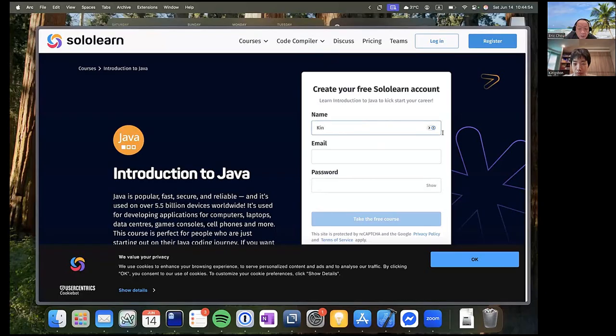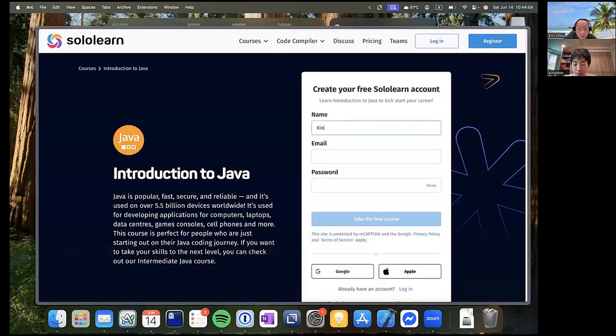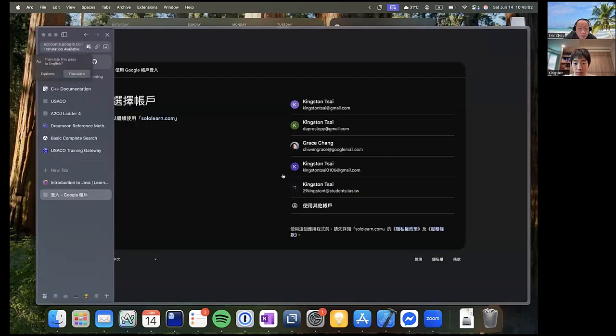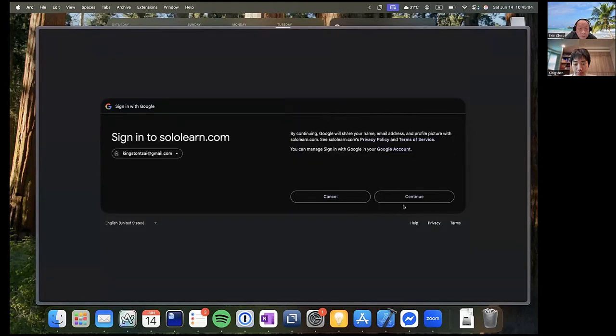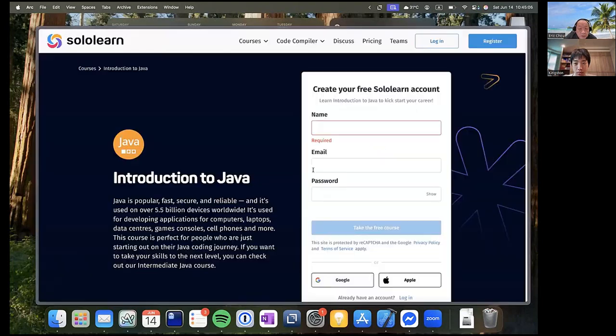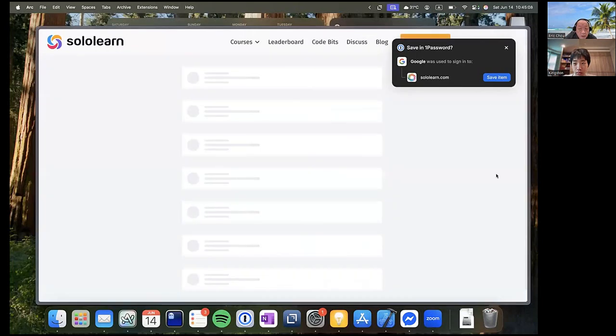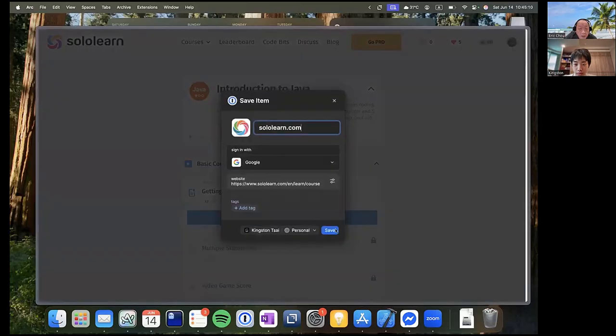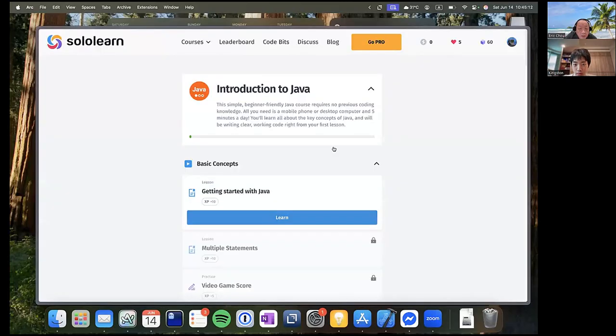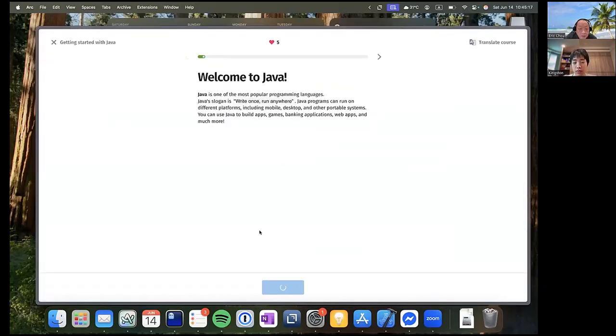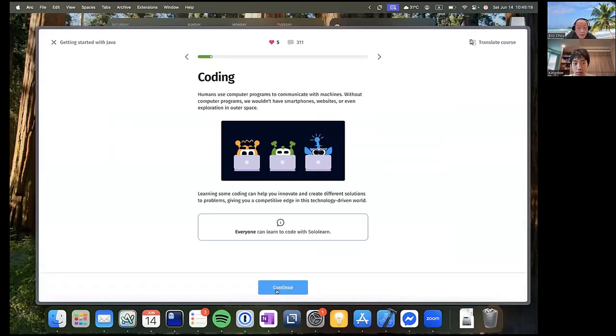Click OK here. You can log in with Google or Apple ID, maybe Google, that'll be easier. Then you get started. Basic concept. Getting started with Java.